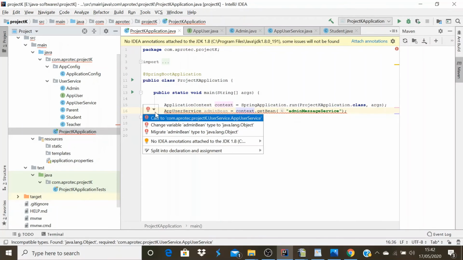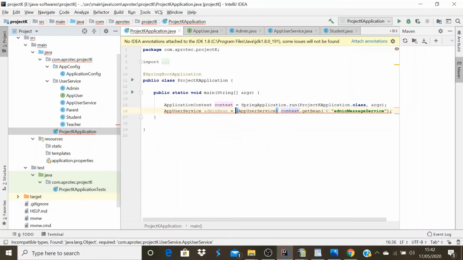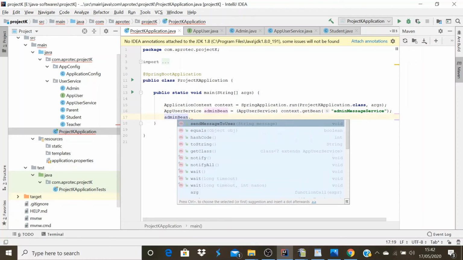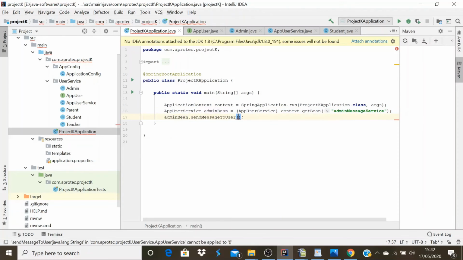And you just need to do the casting. Now I just need to call admin bean dot send message to user. I will say hello admin.